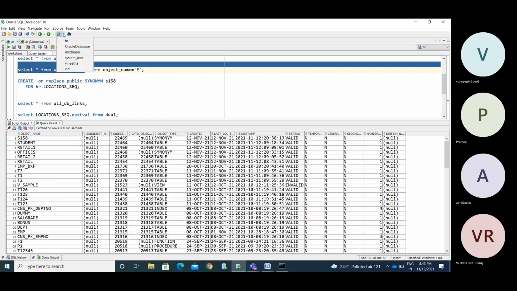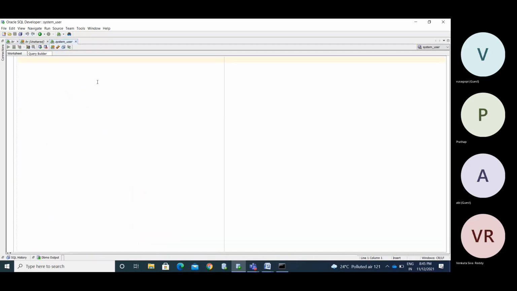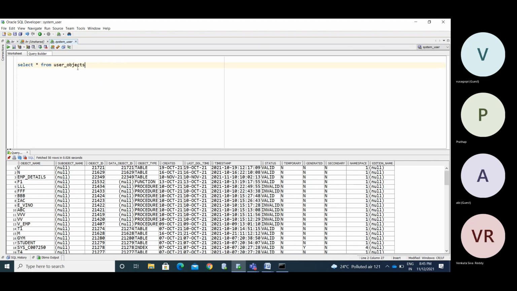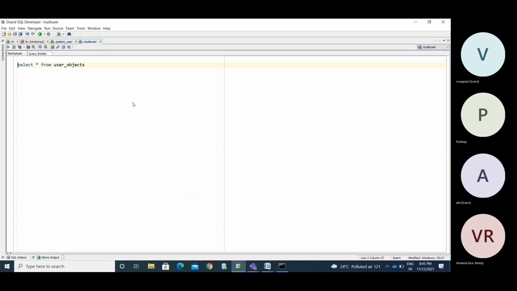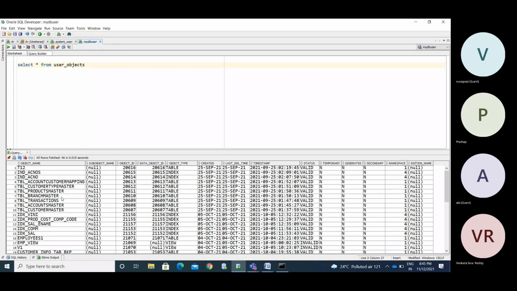Now I am connecting with the system user and retrieving the data again, select star from user underscore objects. You are getting the data from this also. Now I am connecting with the MyDB user, and here also I am getting the data. So this is a public synonym.